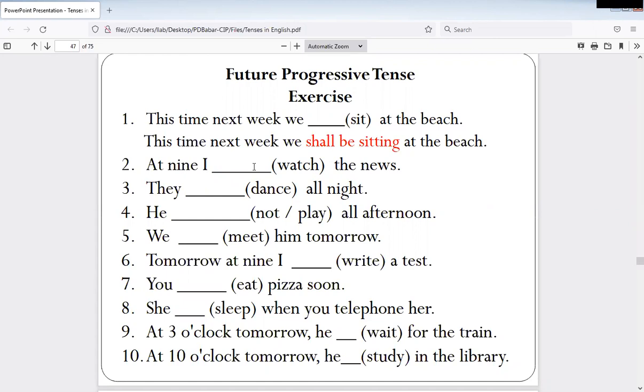Yes, give the answers. At 9, yes, nobody is answering. Participants, please answer to this. At 9 I,